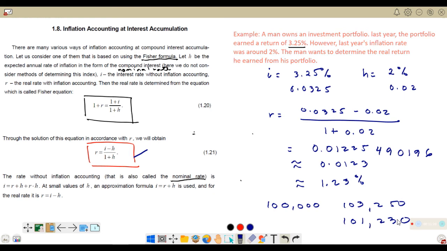Okay. I hope tama yung computation ko. Oo, tama naman yung computation ko. So, ganito yung idea ng pagko-compute ng real interest rate. So, dun sa original value niya before, ang akala mo, nag-gain ka ng 3,250 pesos na interest. But in reality, you only gained about 101,230 kasi hindi siya sumabay. Nagkaroon ng pagtaas ng presyo ng mga bilihin at hindi sumabay yung nominal rate mo sa pagtaas.